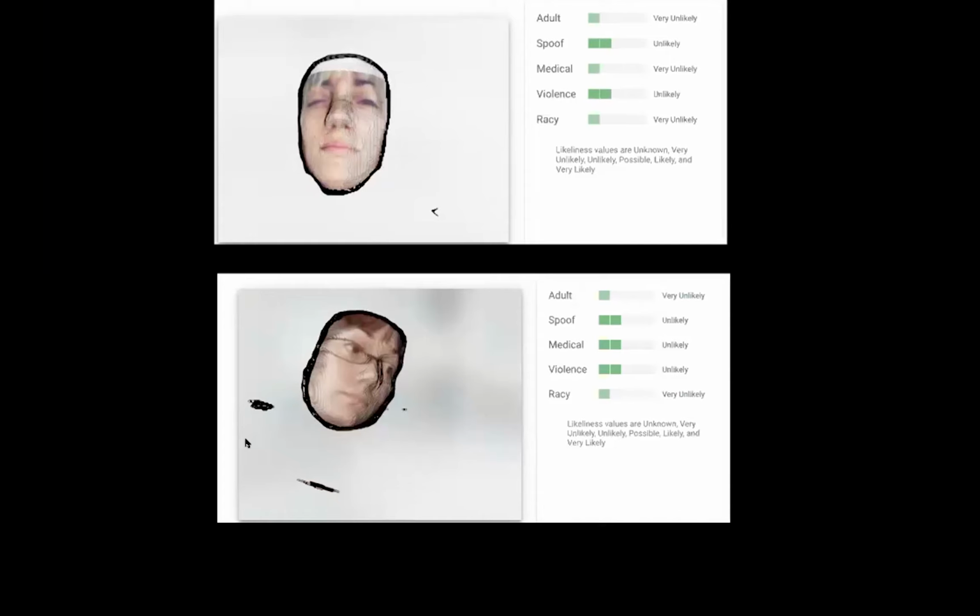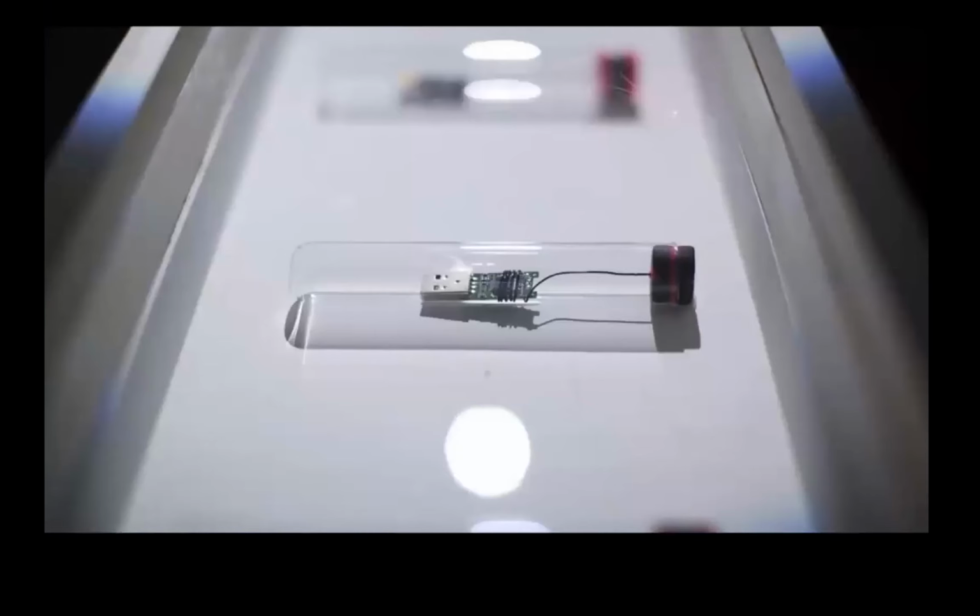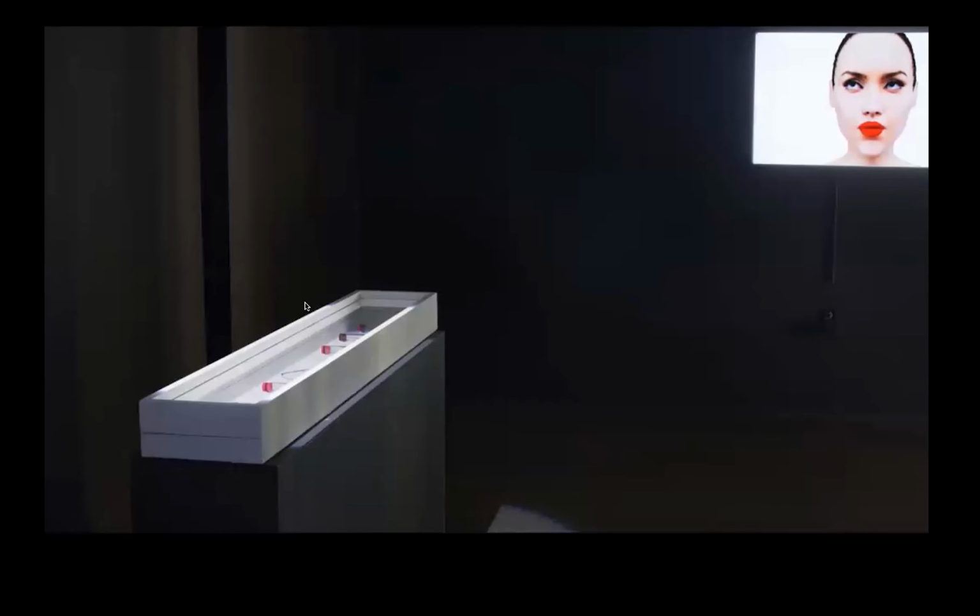It didn't label my face as a human face anymore, and it also never labeled it as adult or racy. So in an exhibition, I put all of the data sets of the things that subverted the Google API onto separate jump drives, and I put them in glass test tubes in a case and have them offline, in case of a future emergency where you have to intervene into a machine recognition system,